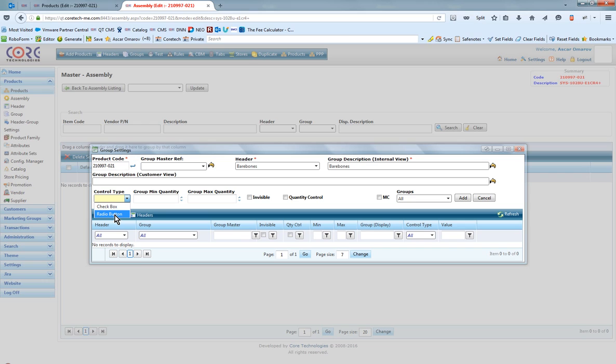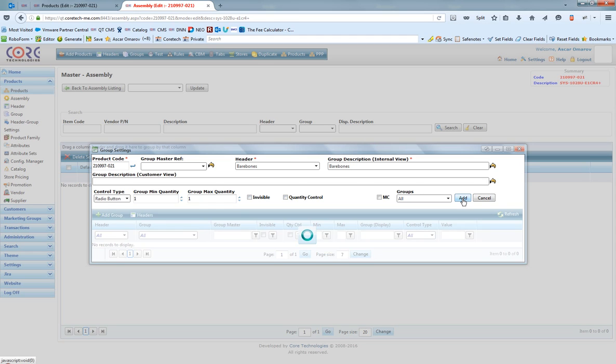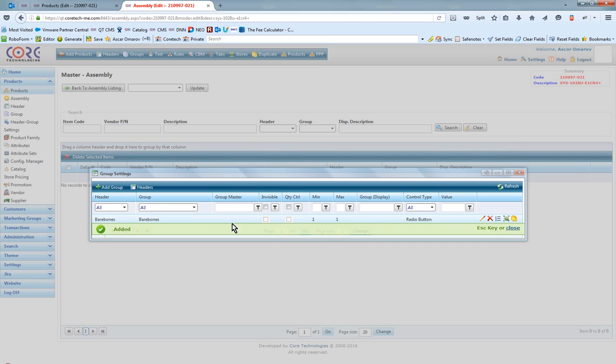So logically, in configuration, we can choose only one server model. So let us select radio button, and let us enter the minimum and maximum quantity in this group. And we will not select both of these checkboxes because this group should be visible, and we are not managing selections with quantity in this group. So let us click Add, and again we see the green message saying that the group bare bones has been